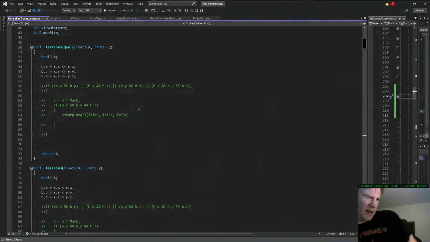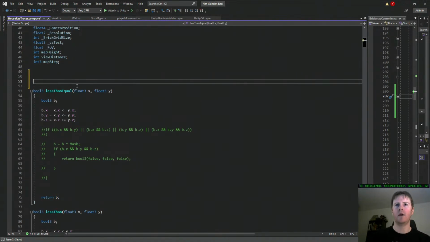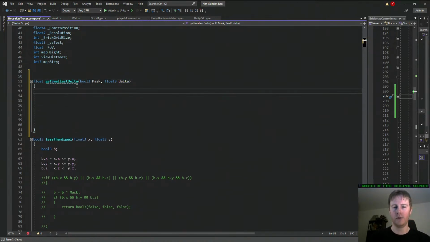So what we need is a method that will return a float, and it's going to be called GetSmallestStepDelta, and it's gonna take a bool3 mask, call it Mask with big M, and it's going to take a float3 Delta, right? And then we have to do